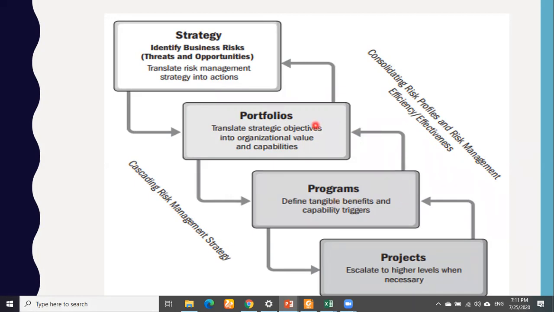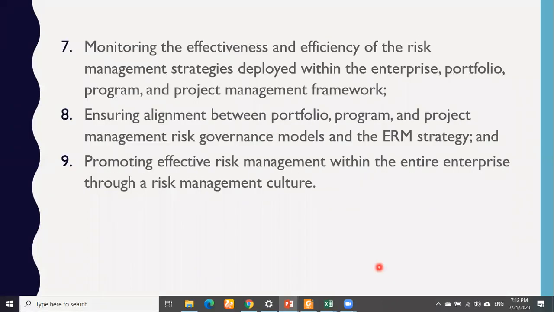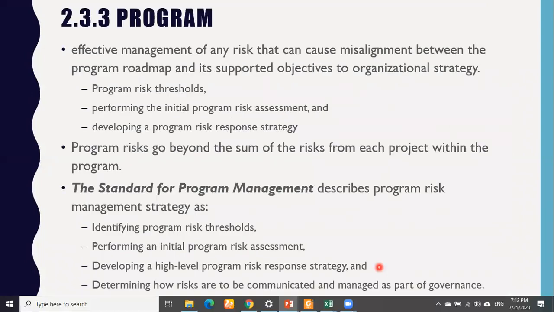So at the portfolio level, they have to show the commitment. And the same is the case at the enterprise level; they have to show commitment. They must provide timely resources whenever needed. So in risk management, whatever plans are designed, these plans must show the commitment of the overall organization. If the organization shows commitment, they will be able to reduce the risk. Otherwise, the risk cannot be eliminated or reduced.